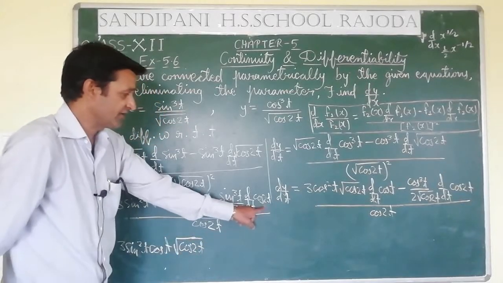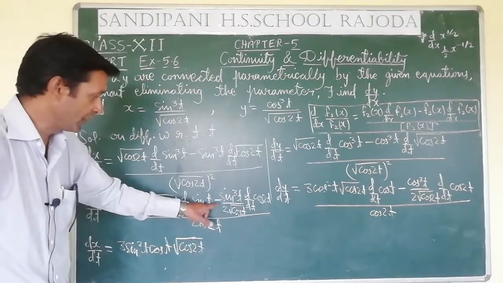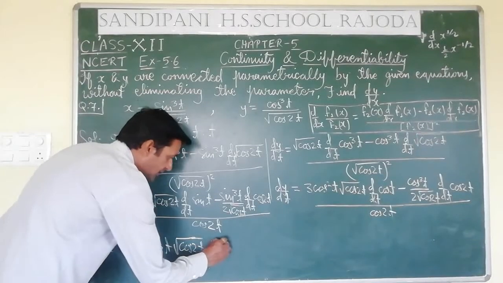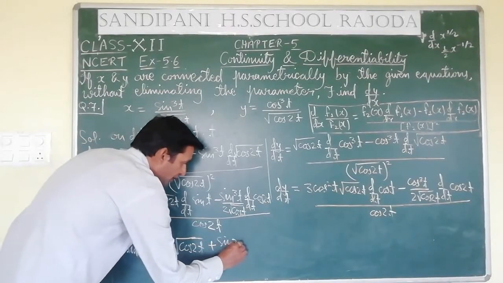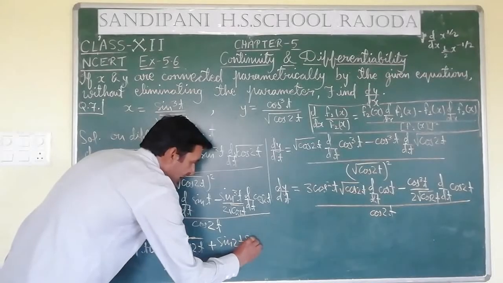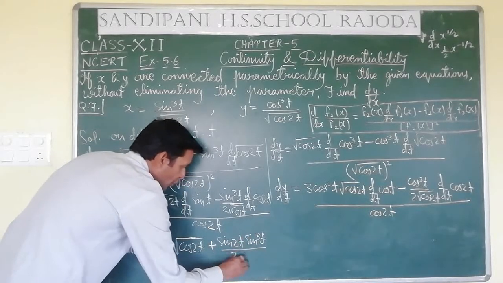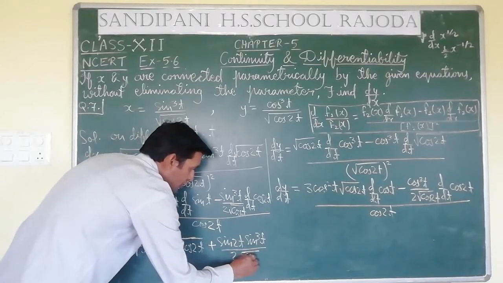Cos 2t differentiation is minus sin 2t, so that minus and this minus will become plus sin 2t, sin cube t upon 2 root cos 2t,